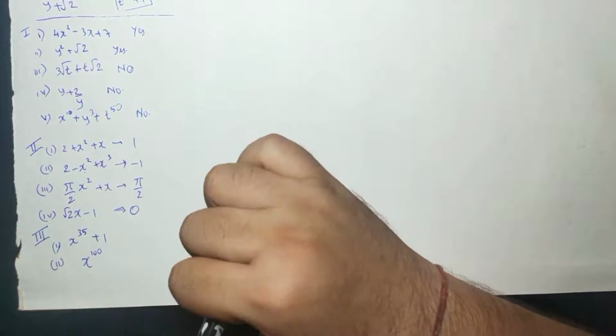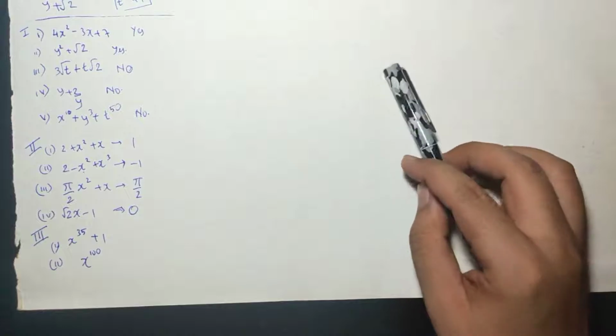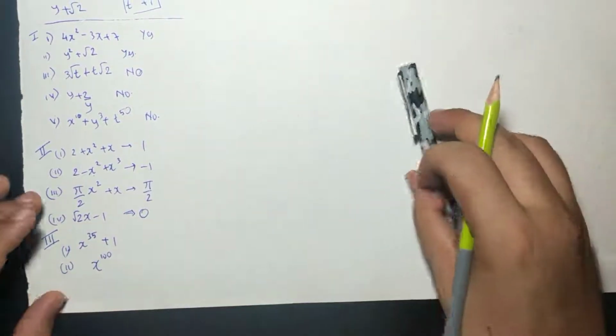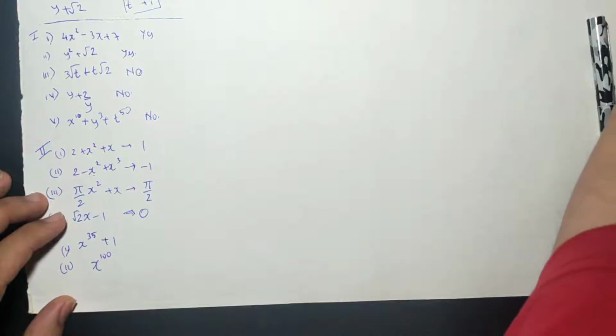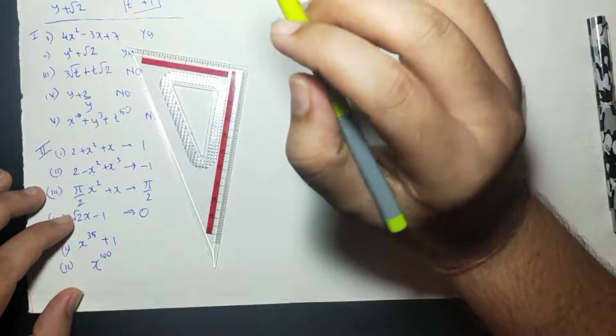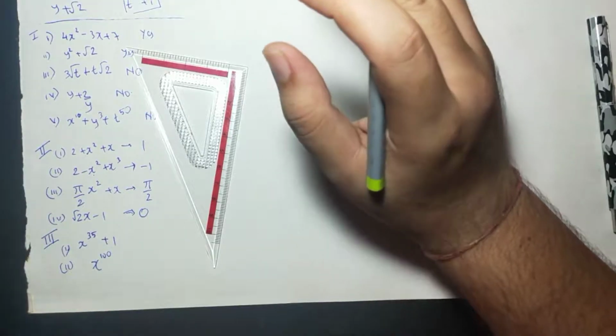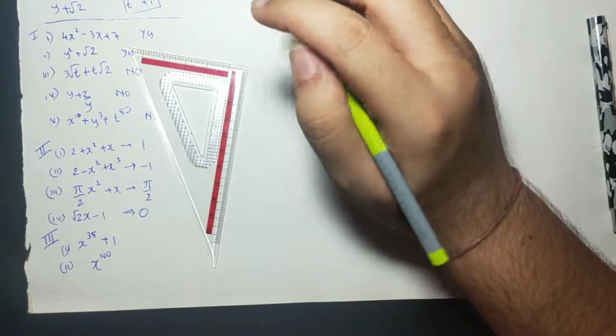Last question, fourth question, you have to write the degree of each of the following polynomials. See, I know how to write the degree, so you can take it by yourself. I am just dictating the answers because I don't want to waste my place for such questions. The first question, if you have your textbook with you, is 5x cube plus 4x square plus 7x. The degree will be 3 because the highest power of variable x is 3.